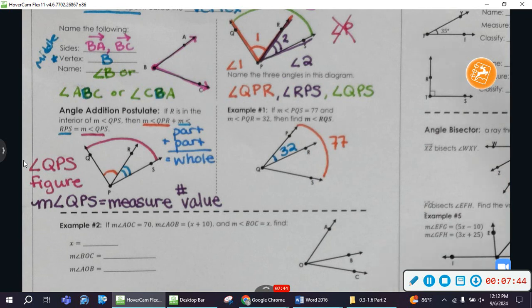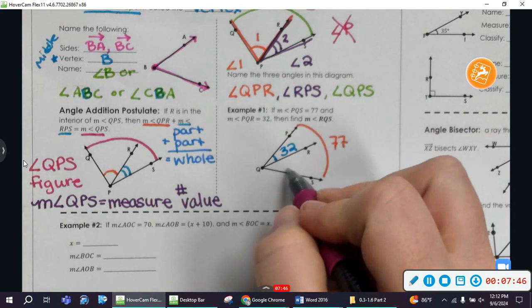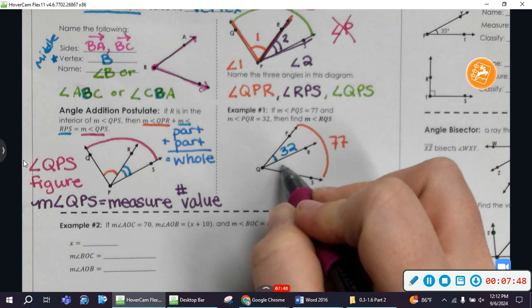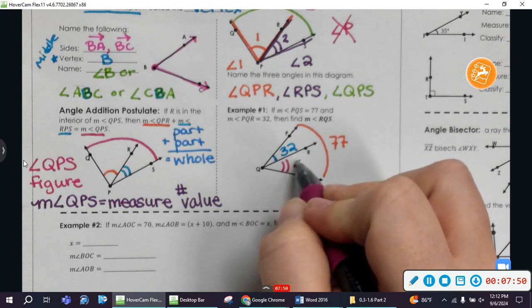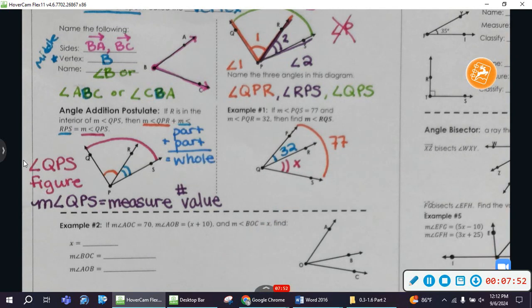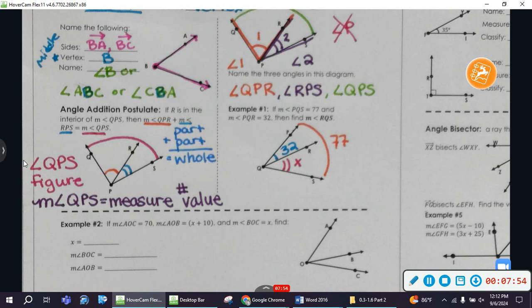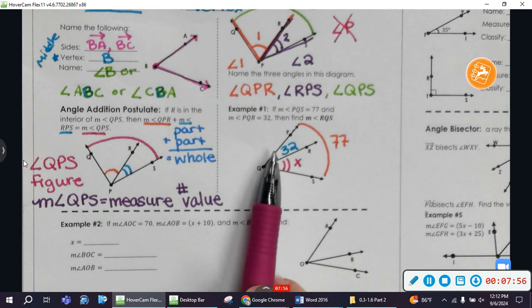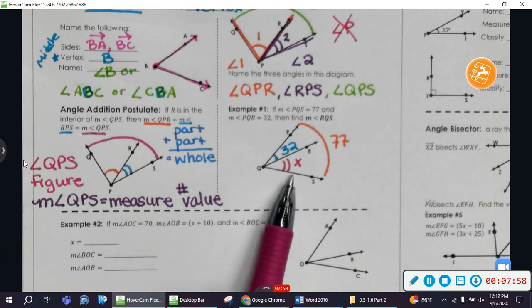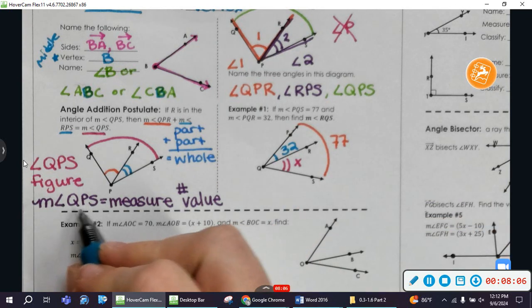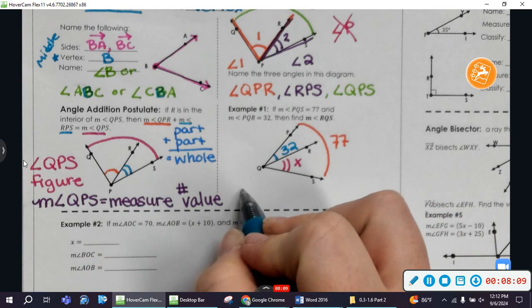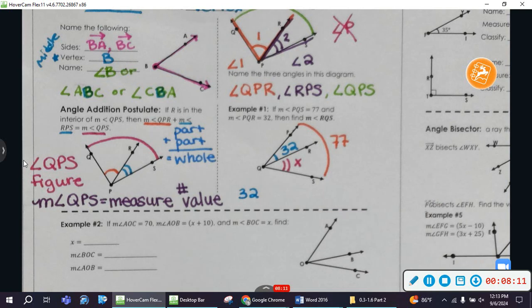And they're asking us, find the measure of angle RQS, this angle over here. When I asked y'all in class, you told me 77 minus 32, that'll get me this part right here, which is absolutely correct. As a reminder, that comes from your angle addition postulate that says part